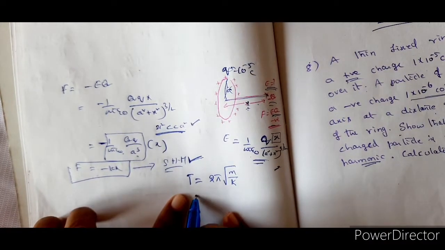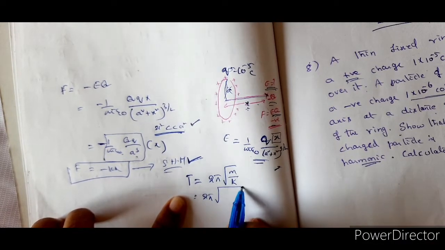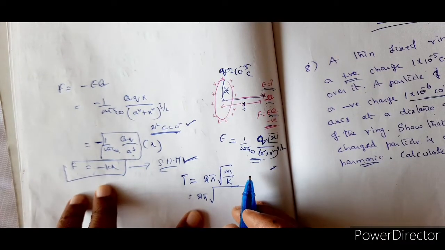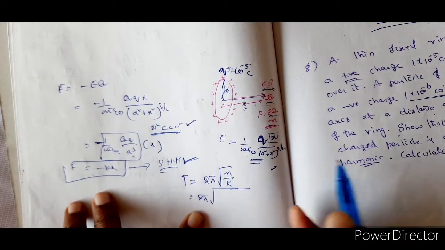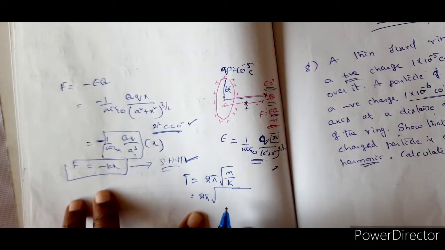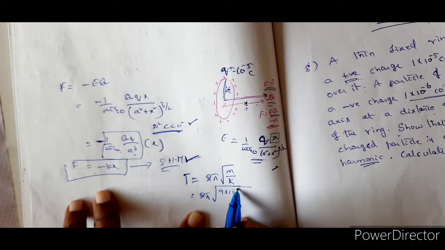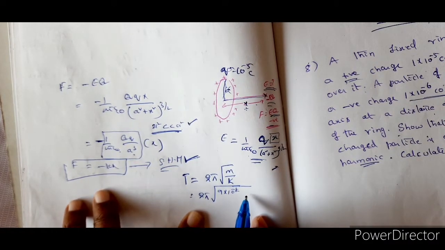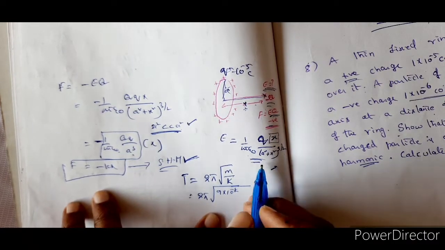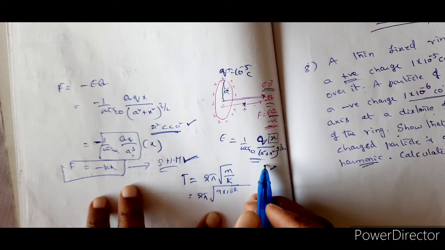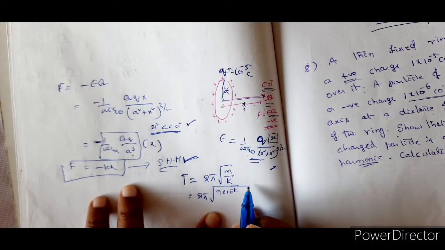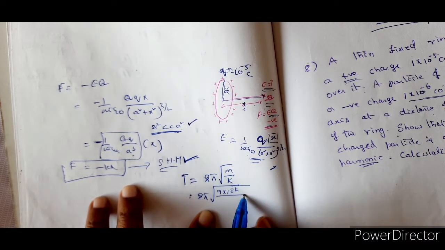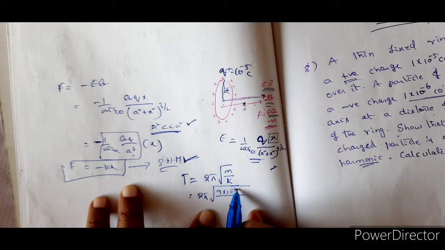Now substituting all those things and simplifying. So you can do it. I'm leaving the substitution part. What did we get the mass to be equal to? 0.9 grams. That is 9 into 10 to the power of minus 4 kg. Right. And then what else? Square root of m by k, 9 into 10 to the power of minus 4.